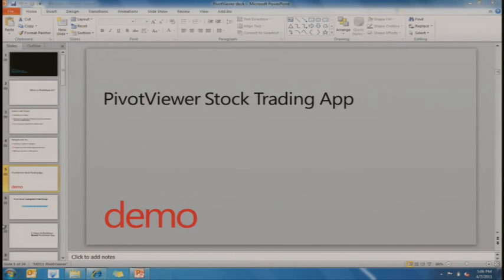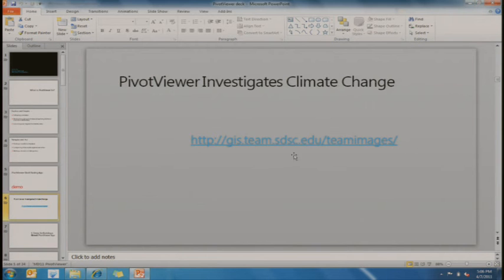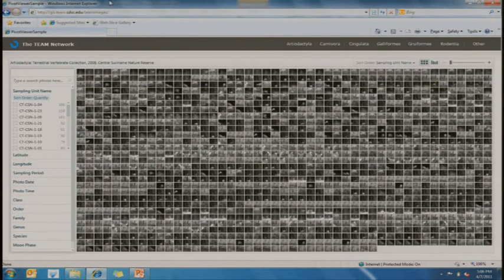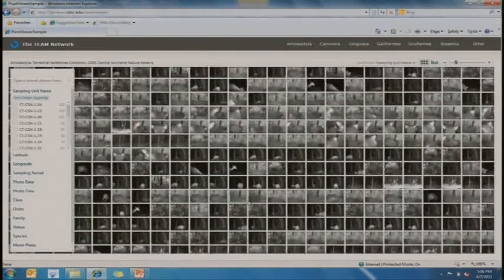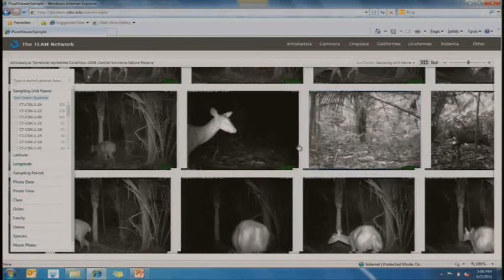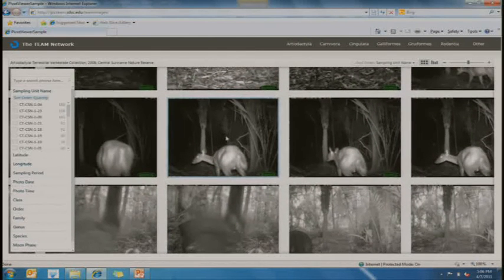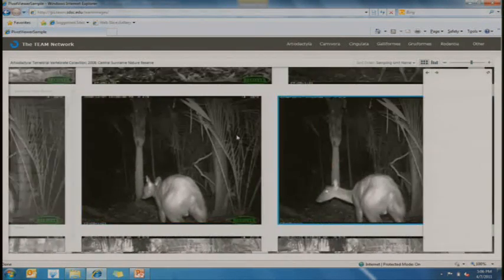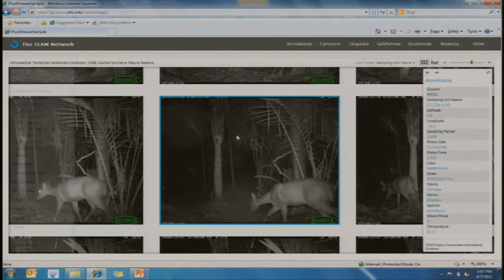I also would like to show you my favorite scientific example. Oh, I've already got it up, right? This data comes from a team down at UCSD, and it's some very, very interesting data. You'll see that this data is much more visual because each of the items is just a photograph, no text for the item. And each one of these items that you see is the spotting of an animal in Tanzania, and this data